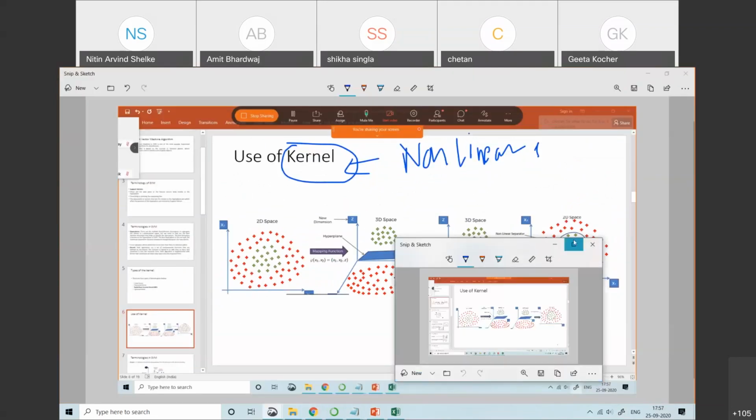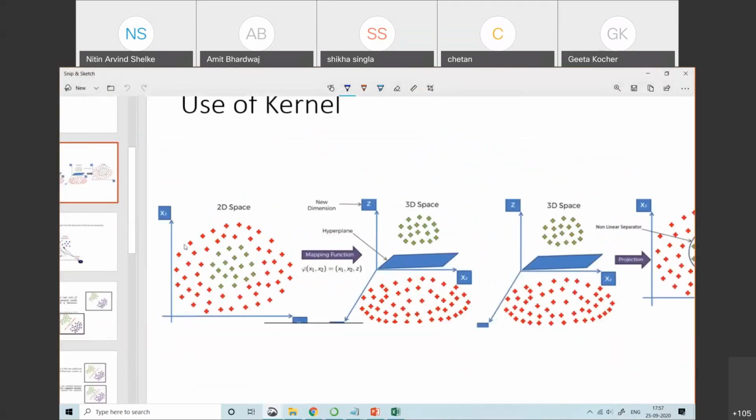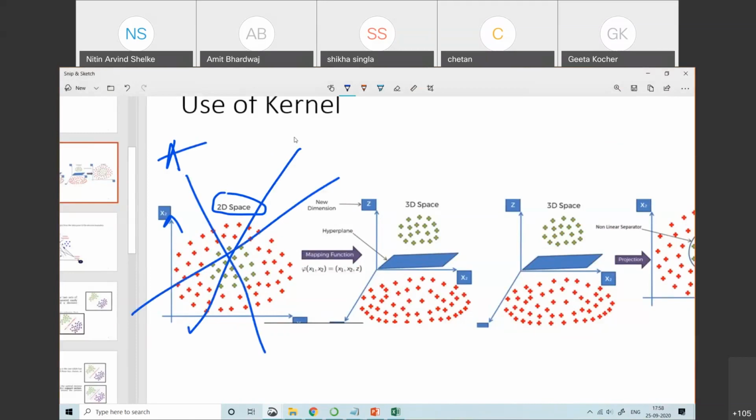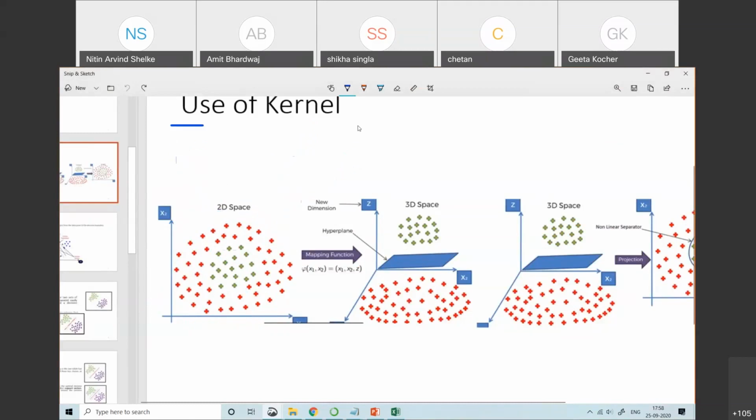Now observe here, this data set is in 2D space. Normally we can just visualize the data in 2D space. With the help of a single line it is not possible. Any line A, B, C, it is not possible to divide the data into two categories. To solve this type of problem, we need to use the concept of the kernel.